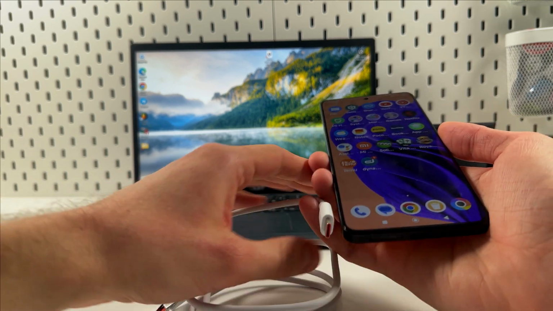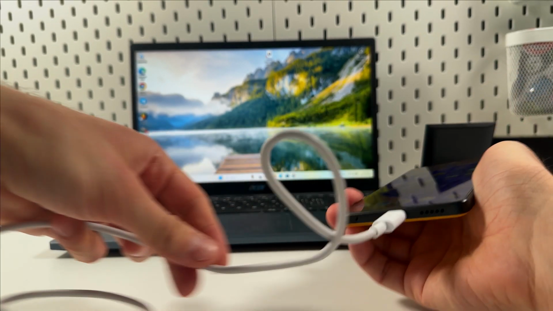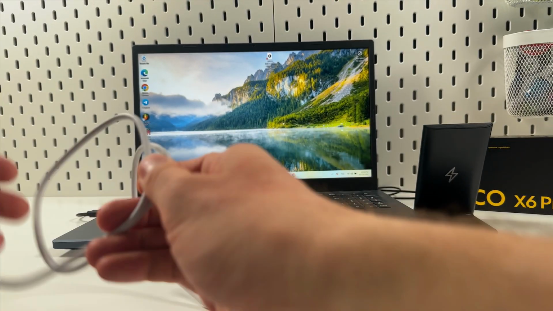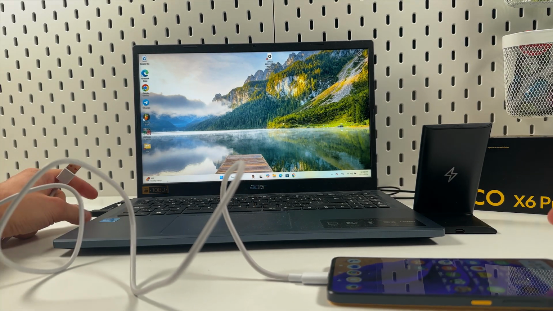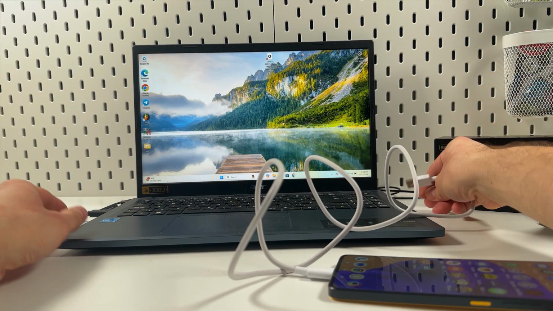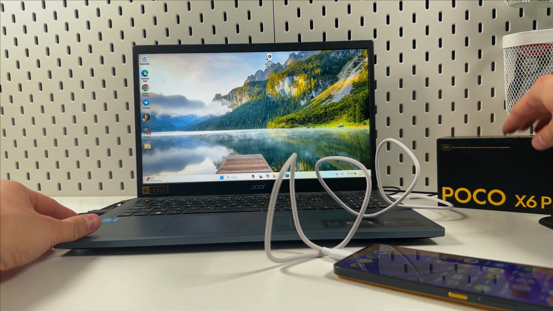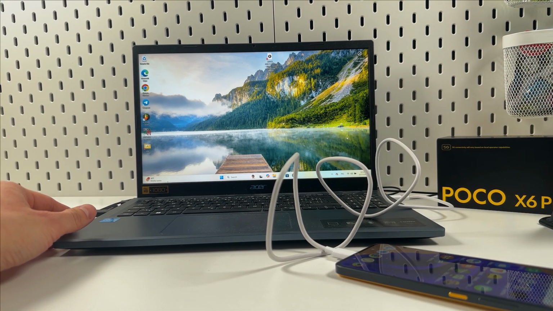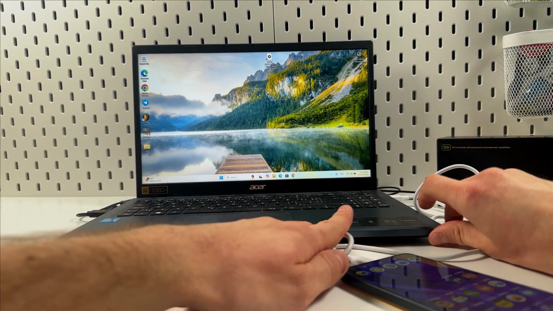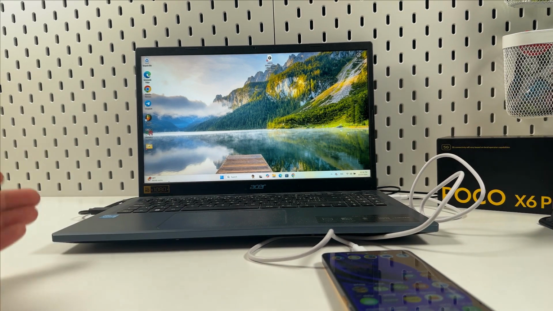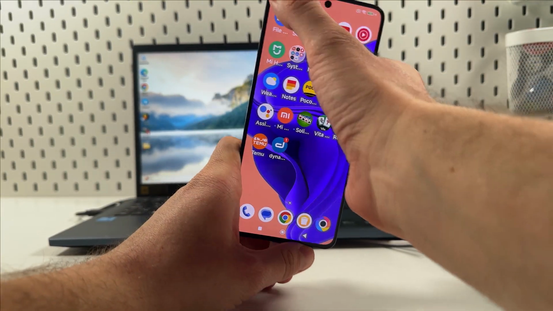So mine is gonna be USB-C, which we're gonna insert into the charger port of the phone. And the other part is gonna be USB-A, which we're gonna insert into our computer. So let's do this. So as we've inserted both of the cables, let me make it pretty. All right, so as we insert everything, now on the phone, as you see on the phone, we're gonna scroll